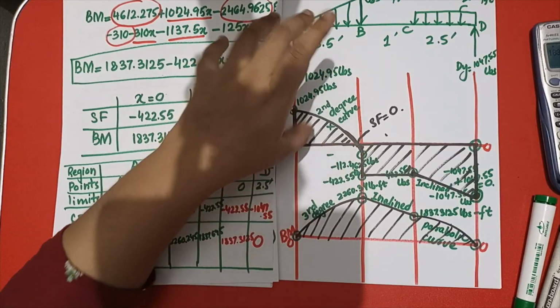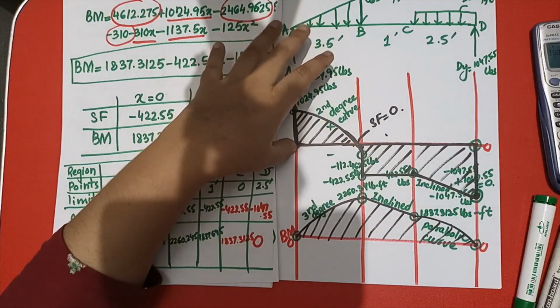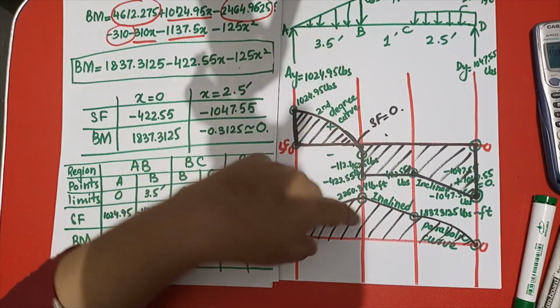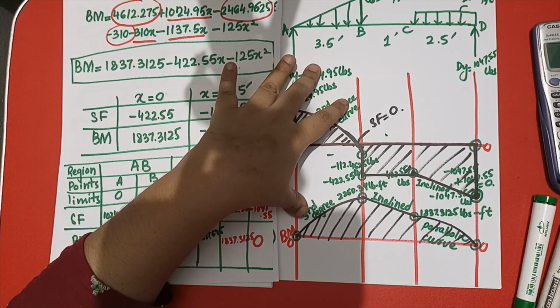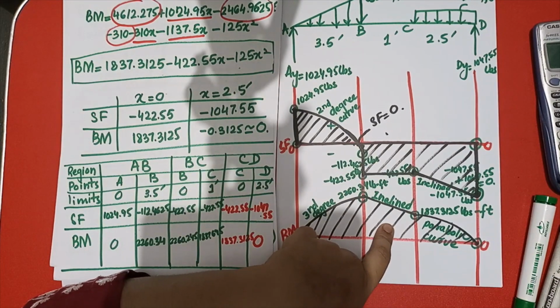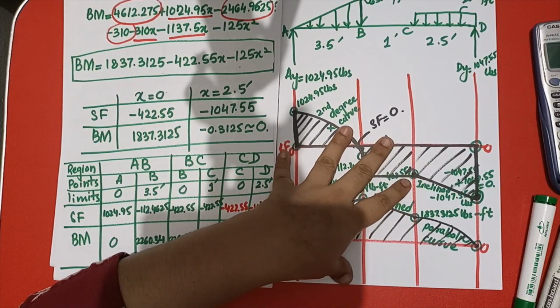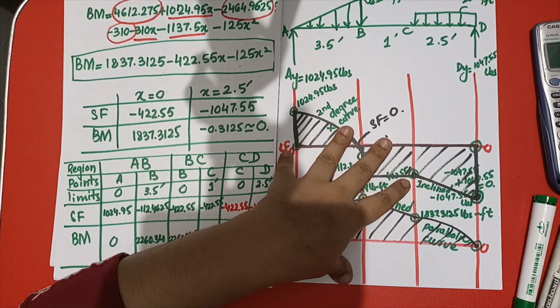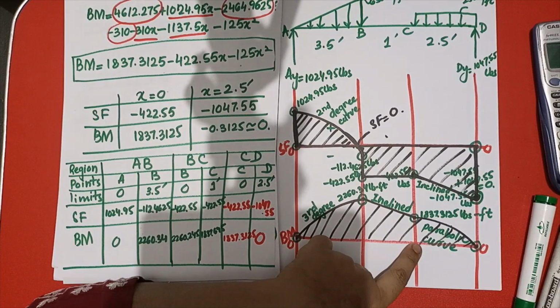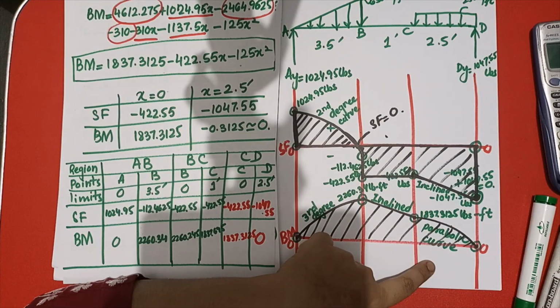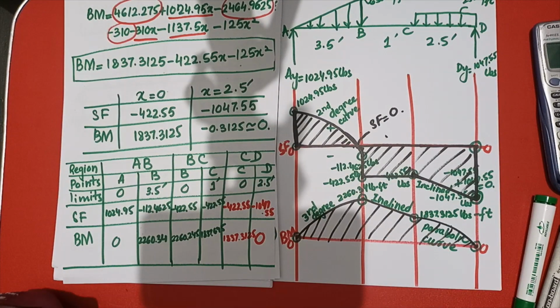In the shear force, you are having an inclined line for the shear force, and an inclined line for the bending moment if you are having a point load on the beam. And if you are having an inclined line in the shear force, it means there is a uniformly distributed load on the beam, and there should be a parabolic curve in your bending moment. So keep in mind that when you are making the shear force diagram,